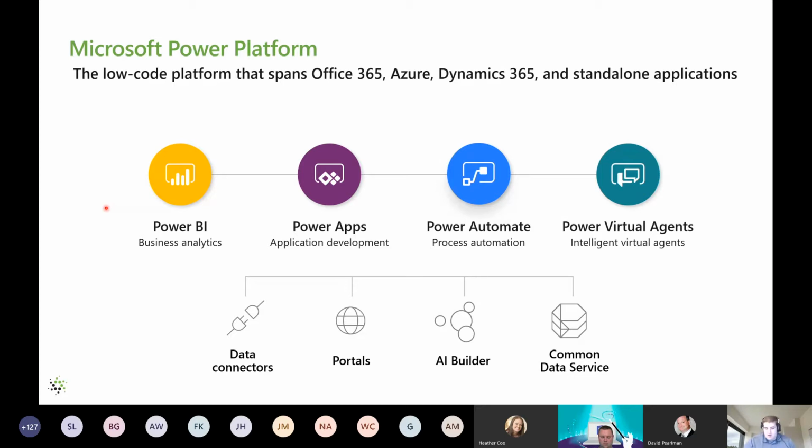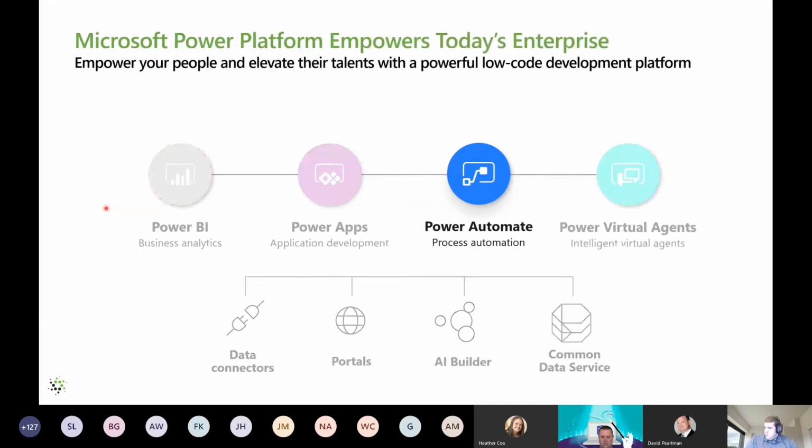The entire Power Platform can help enable that. More specifically, though, Power Automate is a tool that we see within the education space getting the most traction. A lot of things within the education space are process, whether that be at the smallest micro level for a classroom, through assignments, or getting approvals